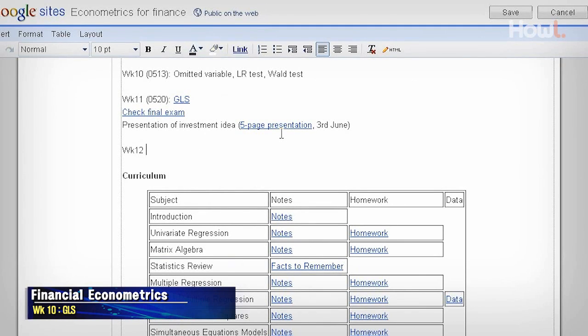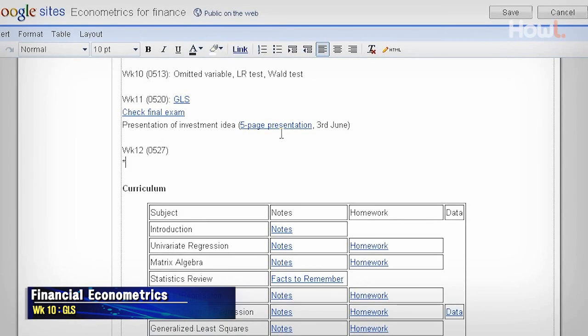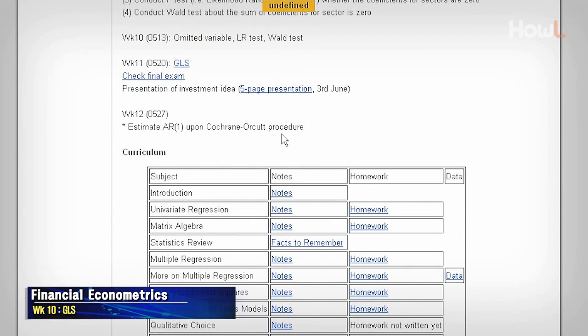Homework due next week. So basically you did the regression of your stock return over the Fama-French factors, right? You already did. And from that regression, you collect the error term, and using the error term,